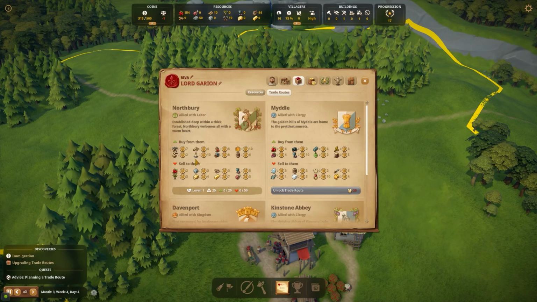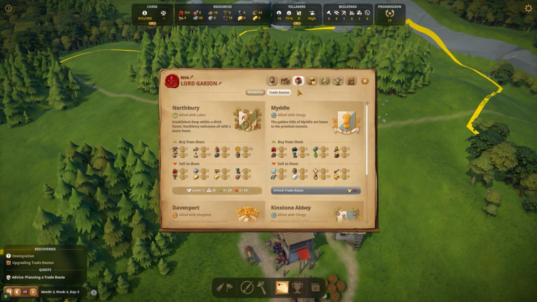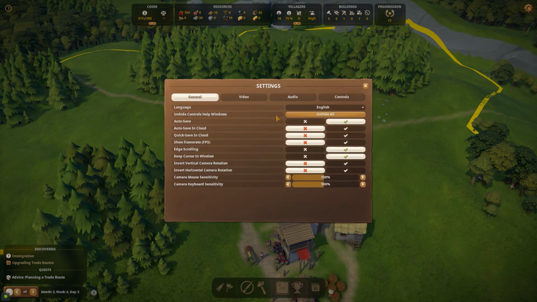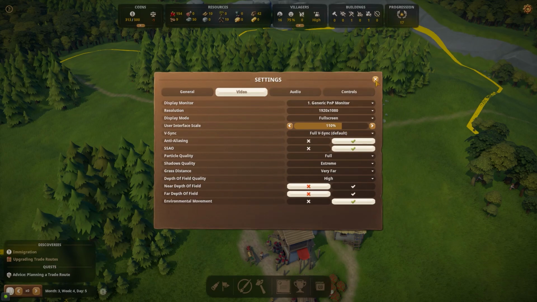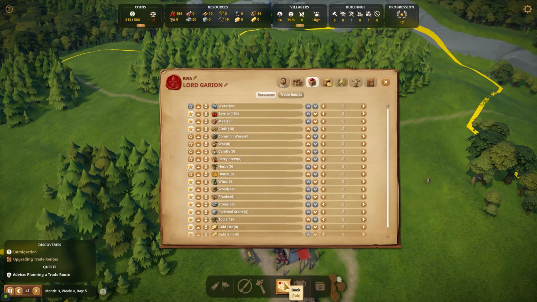Right, how do I plan a trade route? Allow the sale from the trade resources. Trade routes? Resources? Alright, what I'm actually going to try, I saw this in the video settings, user interface scale. I'm going to increase it by 10%, because it has a lot of little things, and that's not inherently an issue, but...